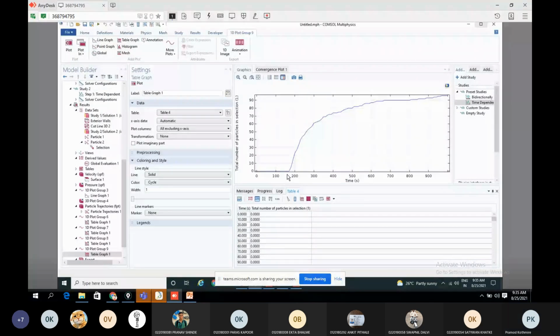Okay, but see now it is approaching at least a peak. So you may do it for 1500 seconds or 2000 seconds and you can see how the graph will be. Okay, so I hope the particle tracking module, of course it is not in-built in your syllabus, but these are all real life. See, the particle tracking module we use